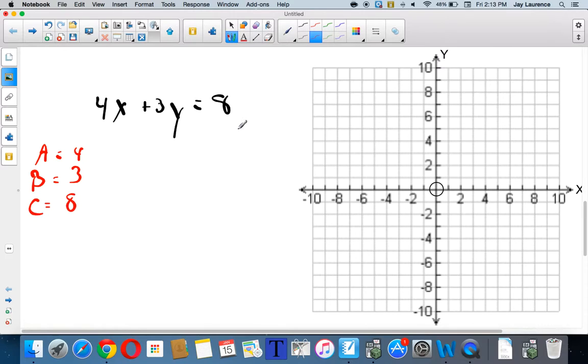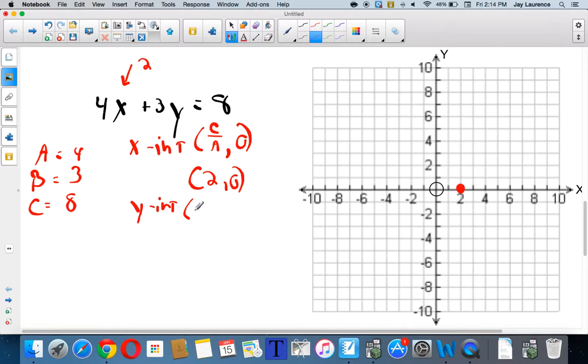Yeah, okay, and then I'm going to go looking for my x-intercept. Well, I know that my x-intercept can be found by doing c divided by a, 0. Well, c divided by a looks like it's going to be 2. So the x-intercept is 2, 0. By the way, if I substitute in 2 for x right here, and I solve for y, I will get 0. That's what this point is telling me. All right, now the y-intercept